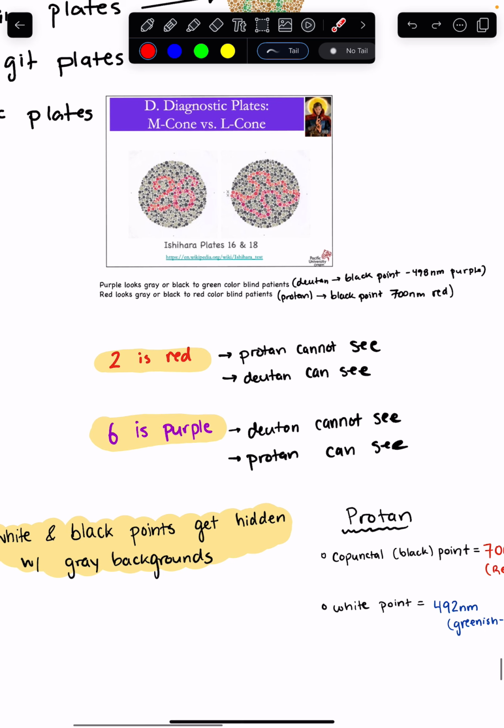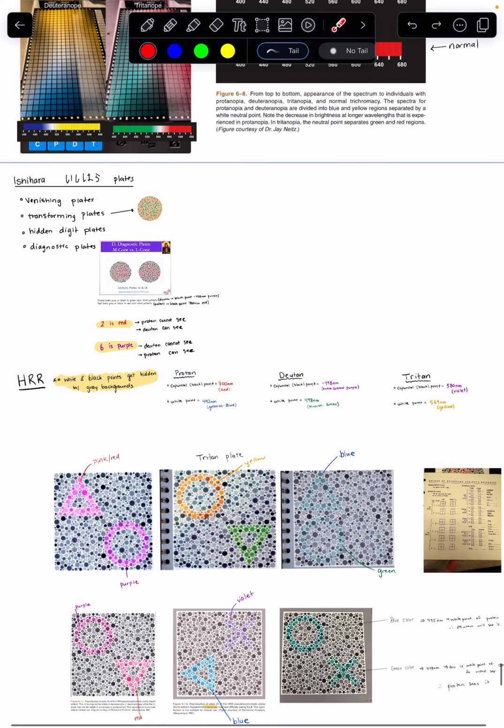And then the opposite is true for the 6. The 6 may look like a pinkish or reddish. It's actually purple. Okay, and that matches up with our black point. Is an extra spectral purple, minus 498 for the deutan. And the deutan will not be able to see this at all. And they will only see the 2. Okay, so that applies to a lot of the